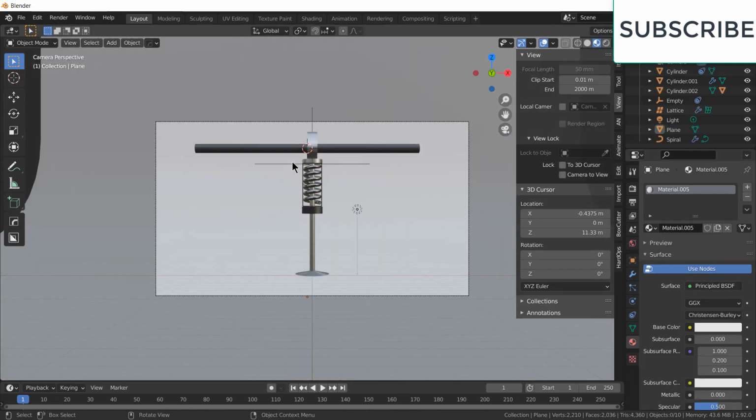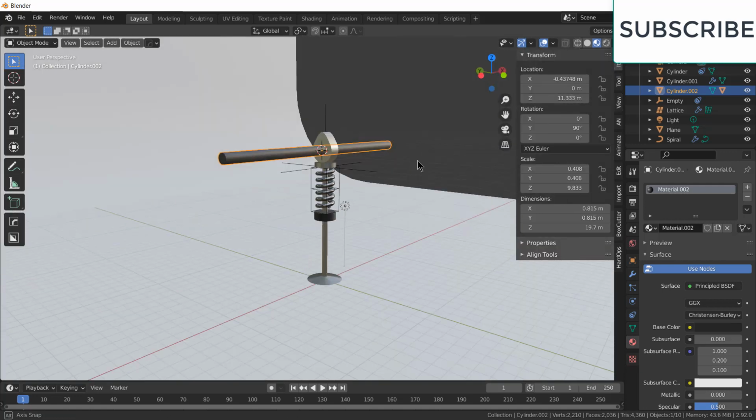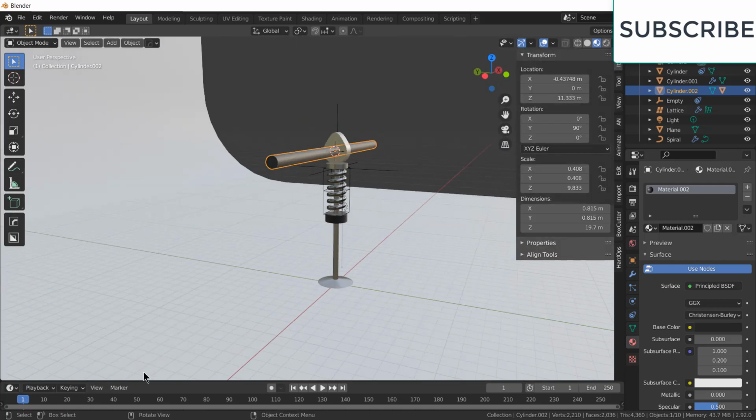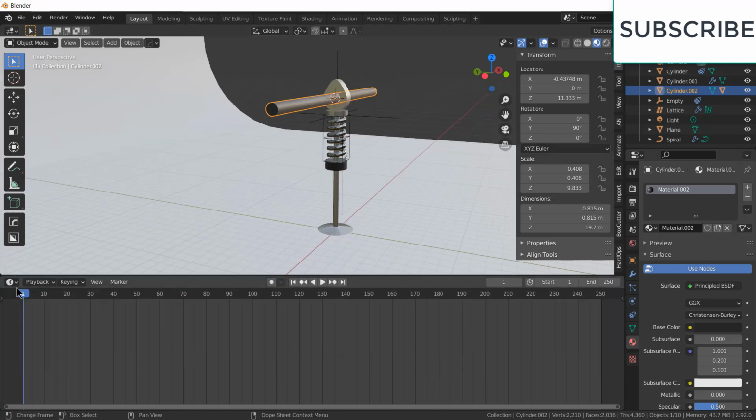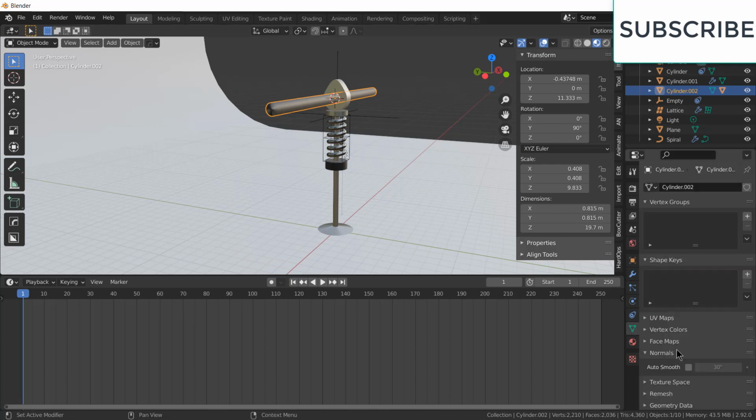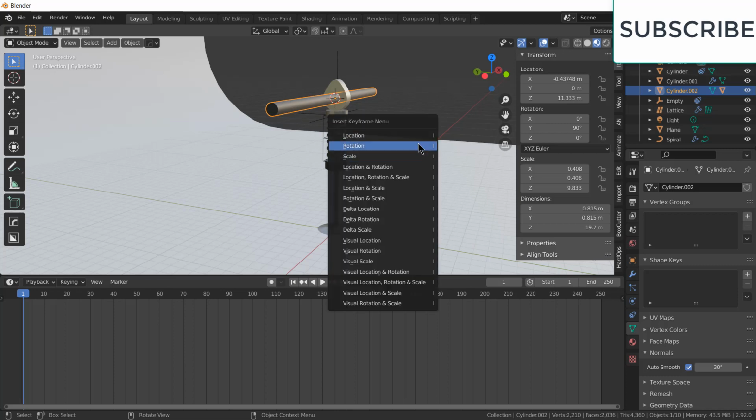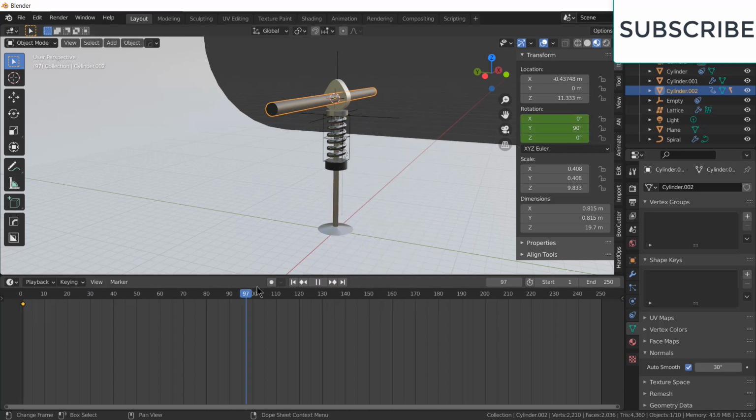Press 0, select this item, and move up, select this, shade smooth, click here, auto smooth. Now select this, press I, rotation, move it to 120 or you can just 60, up to you.